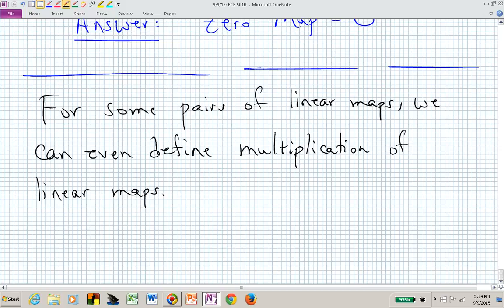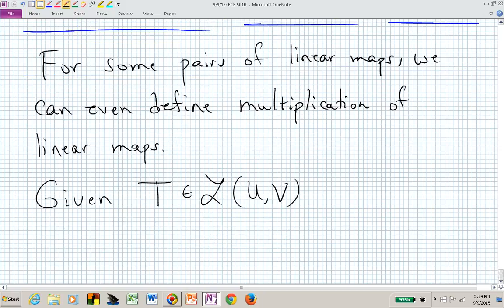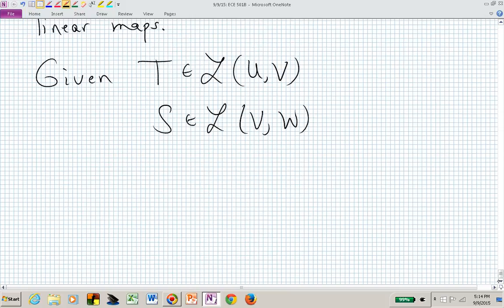So now suppose we're given some linear map T from U to V and some other linear map S that maps from V to W. Then in some cases, we could first map through T and then S, and that would be a linear map from U to W,